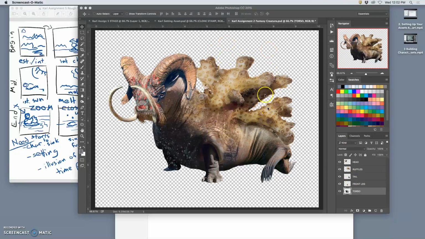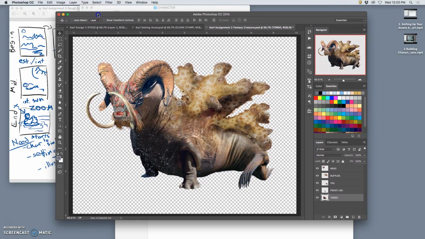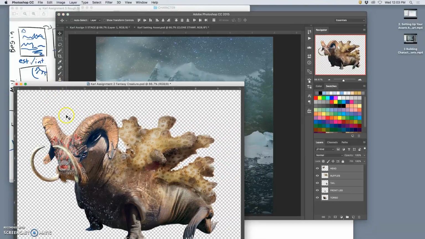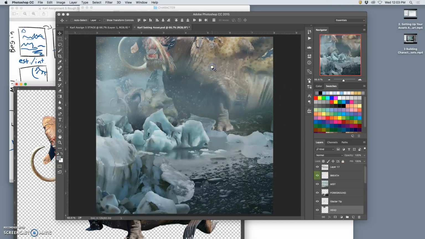All right, so continuing to build my character assets. Notice I haven't saved this as a different name, and that's dangerous. But I'm actually not planning on saving this at all. Since I've shrunk and edited these, now I'm going to move all of these layers by selecting them all and then moving this file out. I'm going to move them all onto my assets file, which is right here. So I just drag and drop the layers